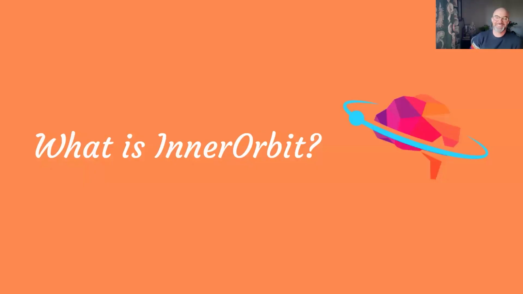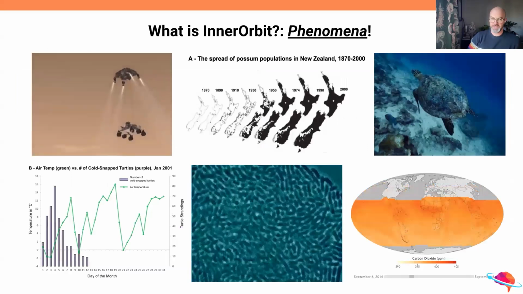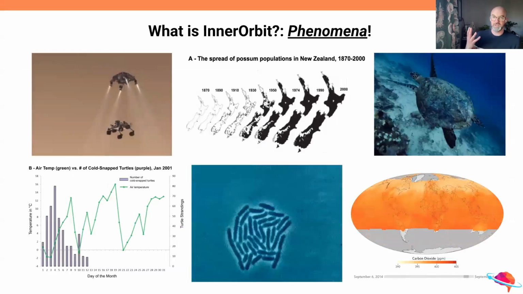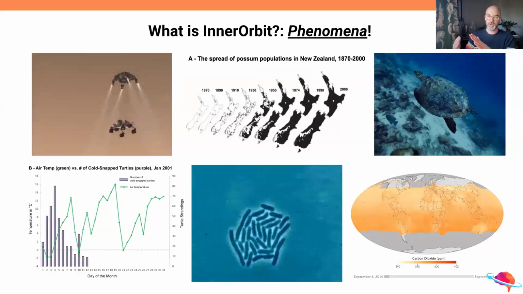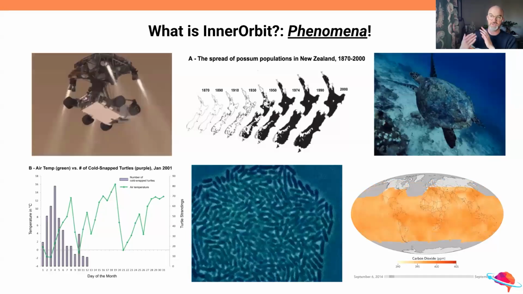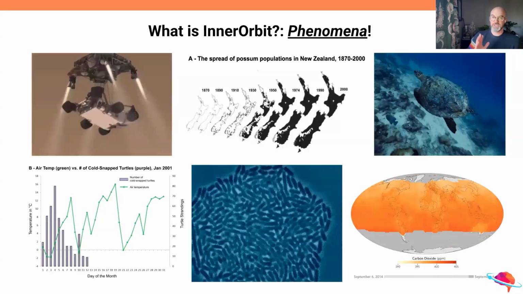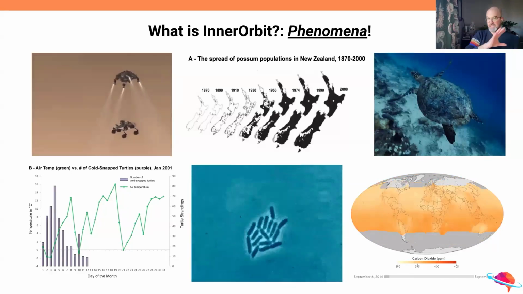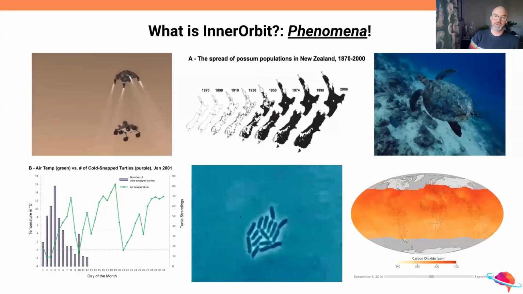It's actually InnerOrbit. And I want to explain what it is if you don't know what InnerOrbit is really, really quickly. So on InnerOrbit, it's a website. And on that website, you're going to find a couple of different things. One are phenomena. And those phenomena are actual real life examples of things that happen in the real world that students can explain with their science knowledge. So students log in to InnerOrbit, and the teachers and districts will build assessments for students to transfer the knowledge from whatever they learned in class, whatever phenomena that was involved in, to something brand new.